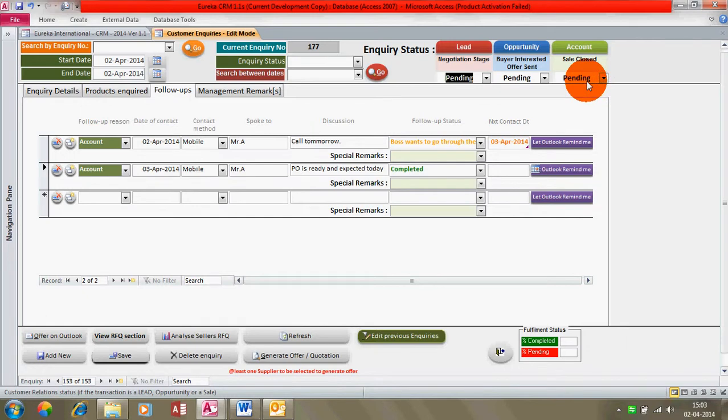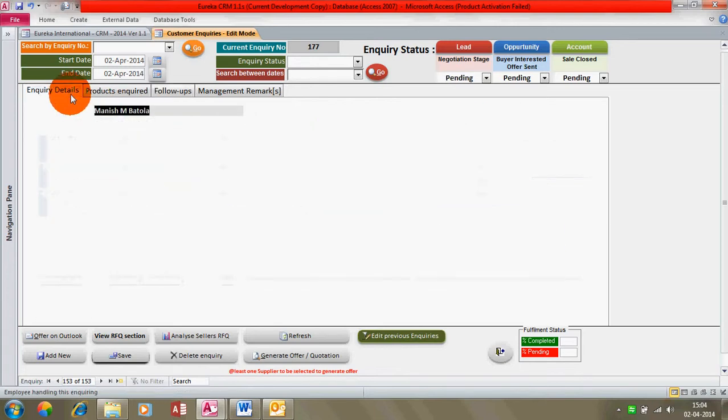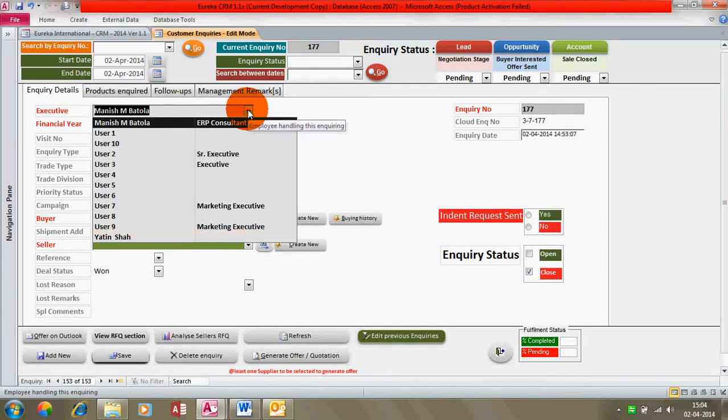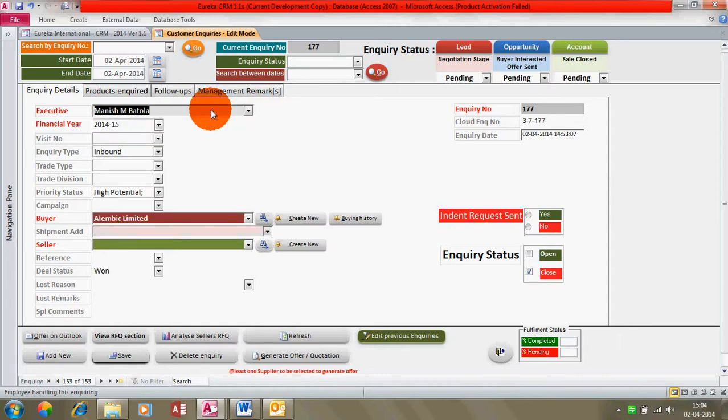There are times when this particular inquiry can go directly to a boss, and that boss can close that inquiry in a matter of 10 or 15 minutes. Now, that inquiry which has just got closed needs to be recorded for future reference. So you get to know that if this inquiry was closed, who closed it. So that needs to be put under your boss's name. Mostly this is done by the boss's secretary. Otherwise, you will have a record of a particular inquiry getting closed, but you will not have a record as to who closed the inquiry.